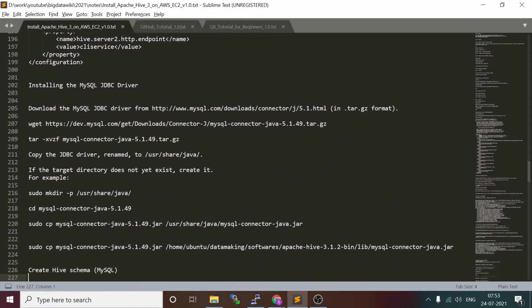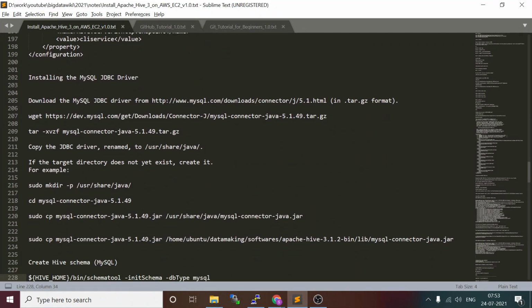And we need to download the JDBC jar. The MySQL JDBC jar can be downloaded from here.